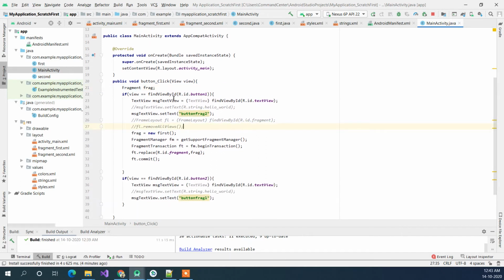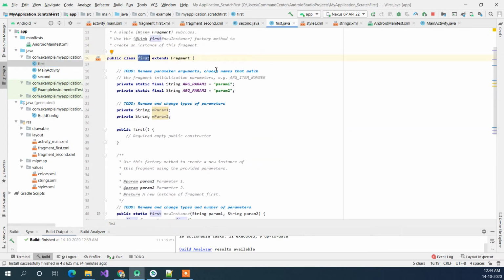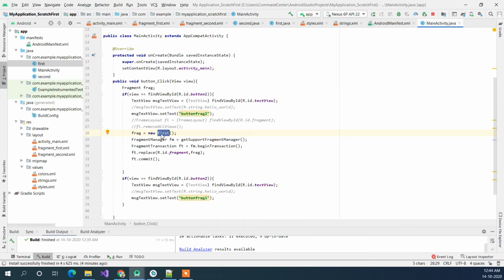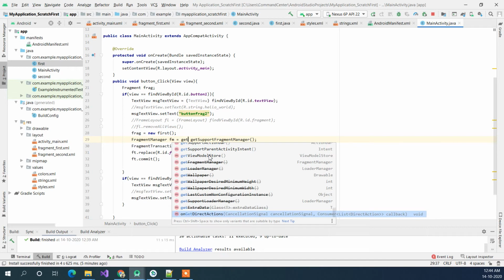So now you can see we were there, and now this is the new code. What we are doing is creating a reference for the fragment, and we are creating a new one for the first fragment. If you remember, this is our first, we created this, and with that it also gets created, and this is the class which we need to use in order to replace it. So we are creating an object for that, and the fragment manager we need in order to create an object. And if you see the old tutorials of the guys, they are using different get fragment options.